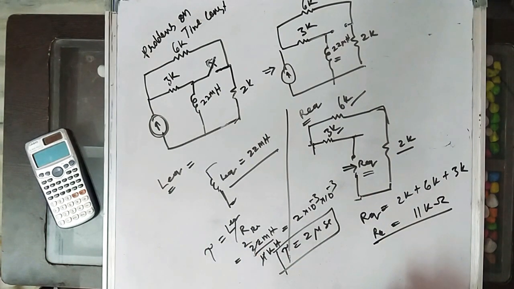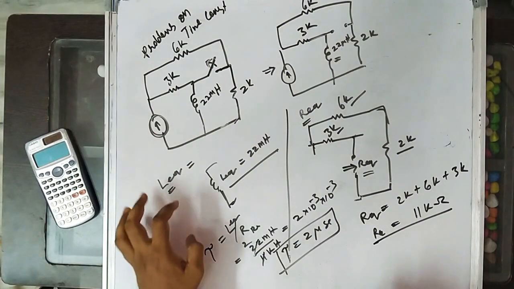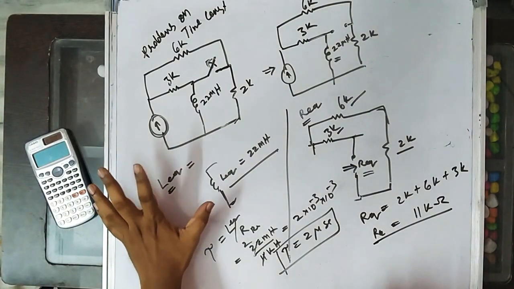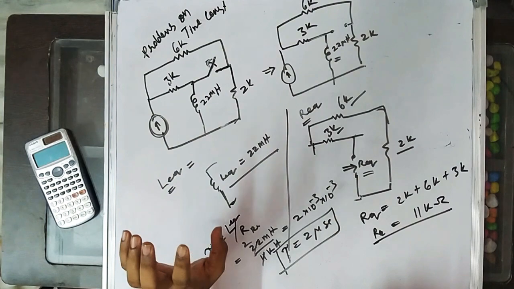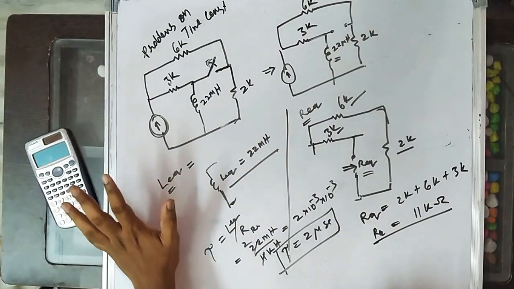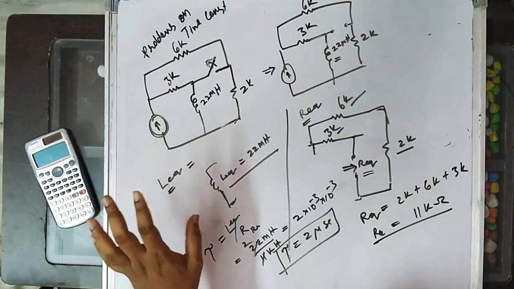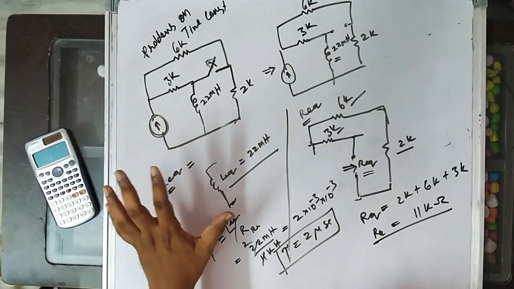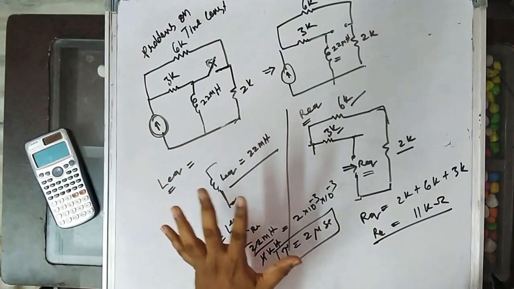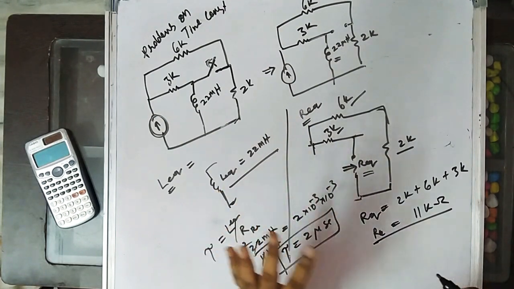Finding the time constant is very important here. In the coming classes, you will understand why we calculate the time constant. We directly apply this time constant in one equation and find the response across the inductor and the capacitor. You need to understand this carefully. In multiple ways we'll solve these problems. The only thing you need to understand is the concept here.